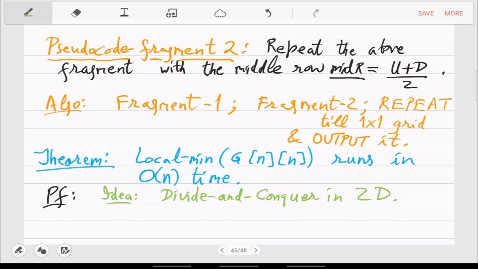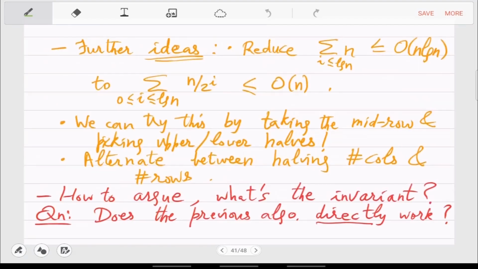Which means that the number of iterations remains log n, but that is not enough for the analysis because that property we had before also. Before also the number of rounds in the induction step was log n, but the thing that we wanted to reduce is that n, the summand n there. We wanted to halve that every time. So we will show this n by 2 raised to i.